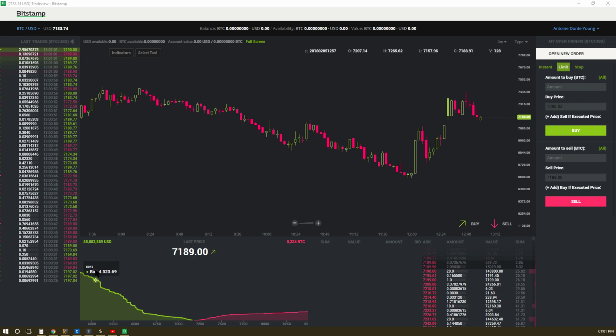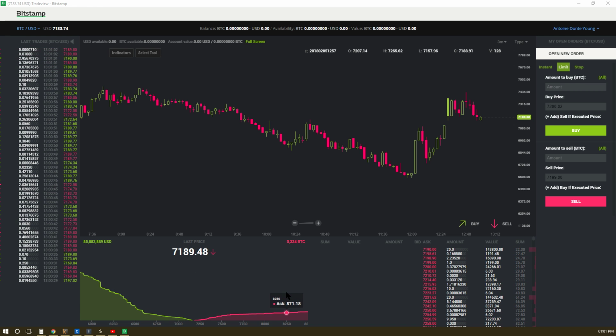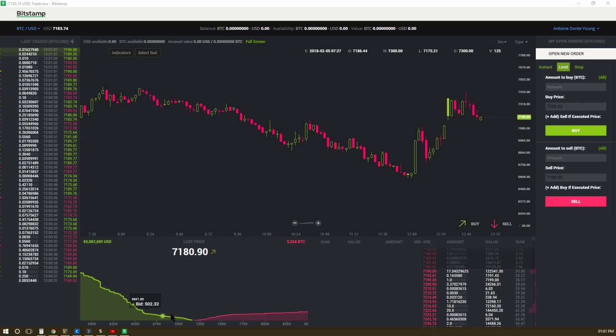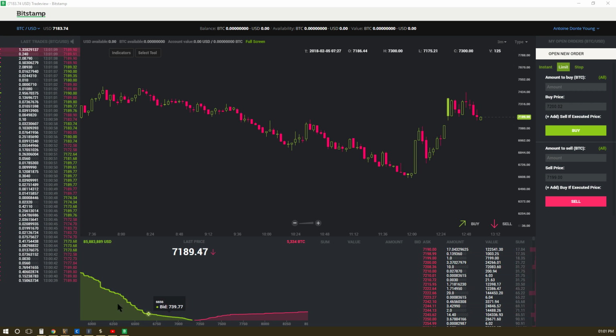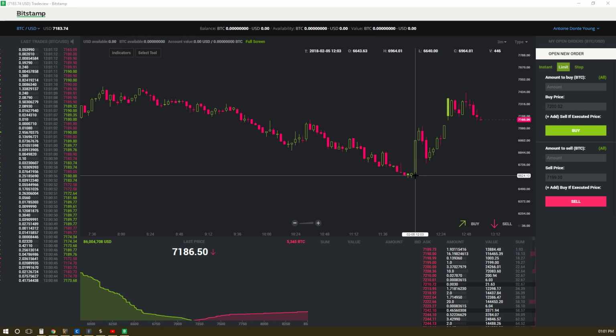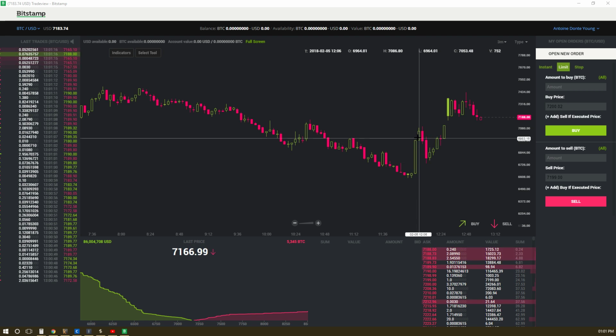Get these buyers all up and down through there. What does that mean? I don't really care. I can't tell you. This is just deceptive stuff right here. It's hard to look at that and say, yeah, we're going up. But that's what it makes you think. So far, this candle bar right here is my indication that we're going up.